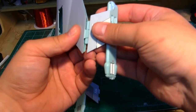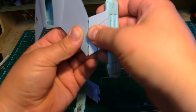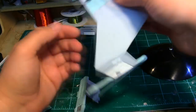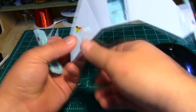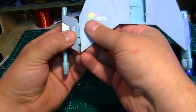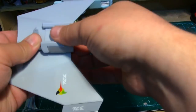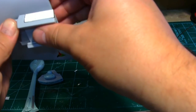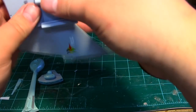Start with the engines. I think this area I always hated on the old kit. Well, it's in there pretty well. Or the original version of the kit anyway. I don't know about the old one. Sorry. And hopefully snapping this in won't send the nacelles flying off. Oh, that front piece. You know, let's just go ahead and...